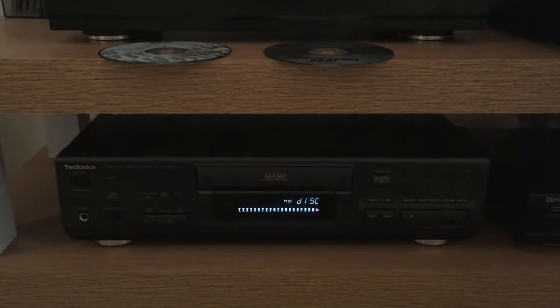But with the CD, I did notice a difference, and I'm astounded at the difference that I noticed, because the CD player is known for its warmth and its smoothness, naturally the first